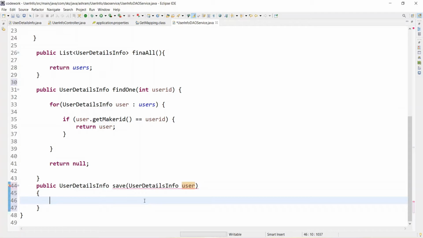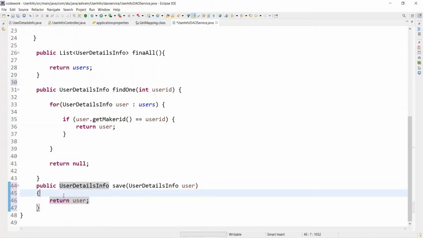And thereafter the method must return basically this user only.